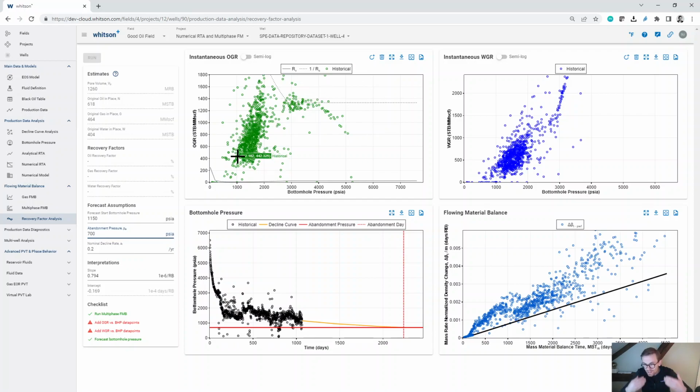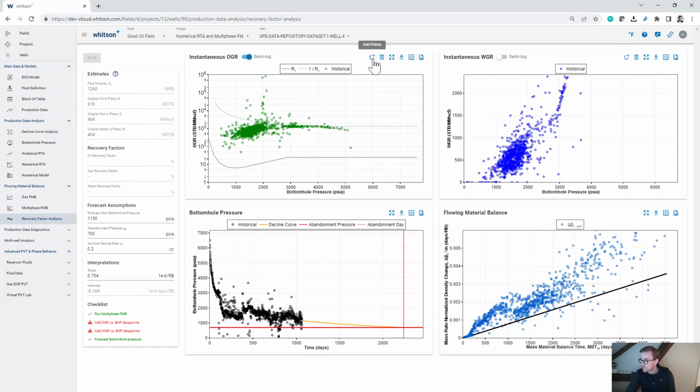And then in this exercise I need to also provide some forecasted OGRs versus bottom hole pressure, and also some WGRs, so water gas ratios versus pressure. To do that, I simply click this add point button right here. I like to do that sometimes in a semi-log plot, and you can do that by toggling this right here,